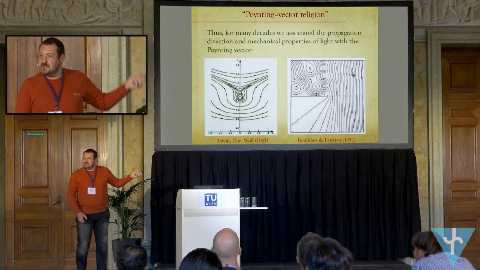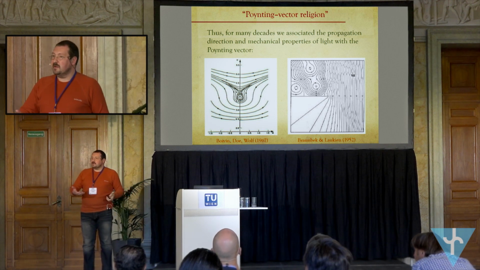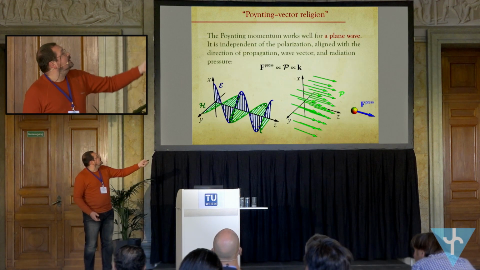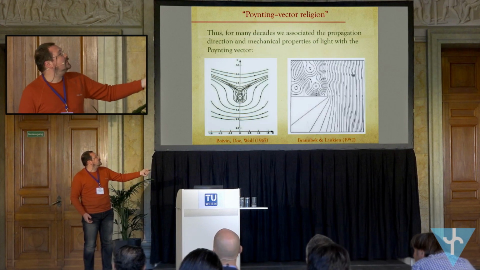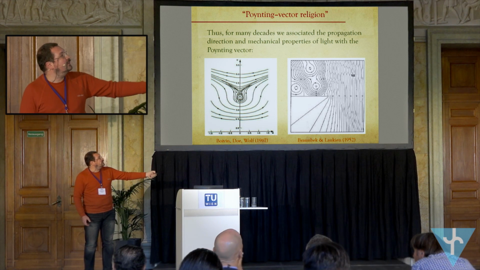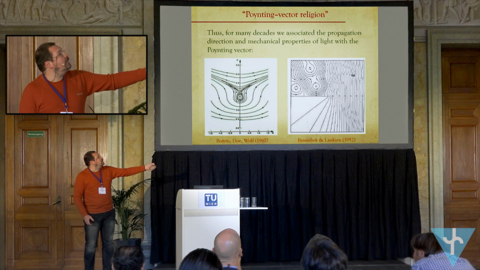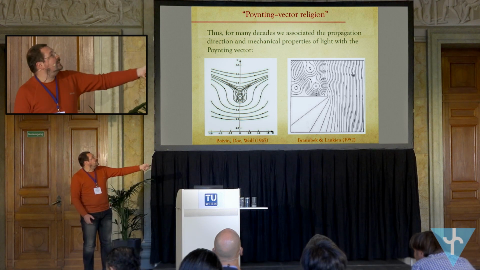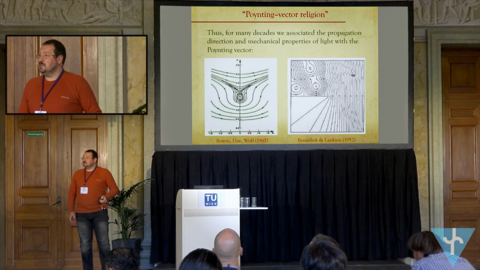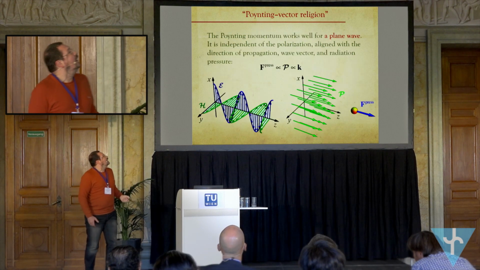These are pictures from some old papers, showing how we perceive propagation of light. This is, for instance, a transverse cross-section of a focused Gaussian beam, and this is diffraction of light on a half-plane screen. So we plot streamlines of the Poynting vector, which show some vortices, some non-trivial trajectories, and we believe that light propagates along these trajectories. This gives us the intuition in optics.